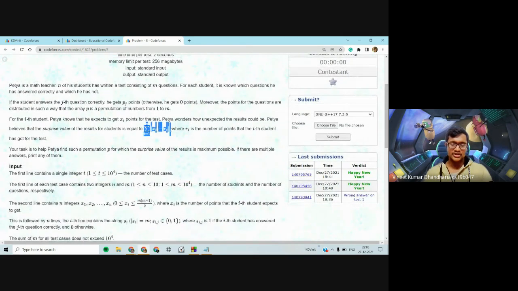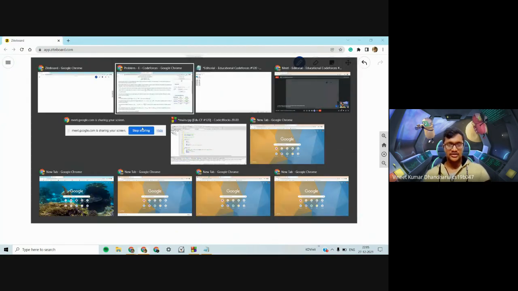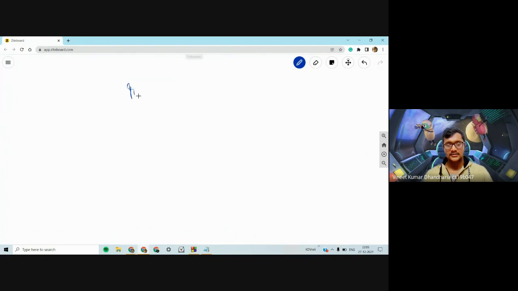So we have this summation, right? For some students, they would have received more than their expectation, in which case this summation would be their result minus their expectation. Expectation is given to us. And for some students, they would have received less than their expectation. For them, the difference would be their expectation minus their result. So for them, they got less than their expectation, and for the others, they got more than their expectation. And a particular student would be either this or this.